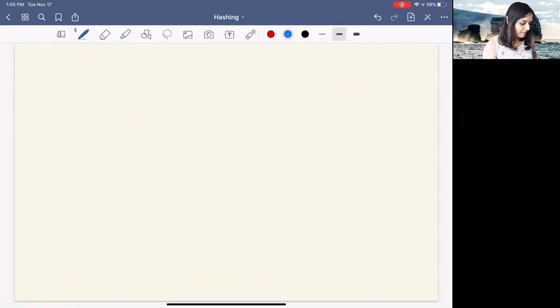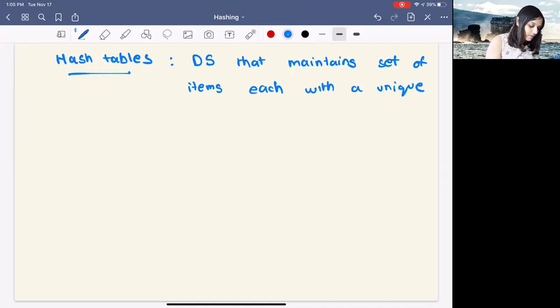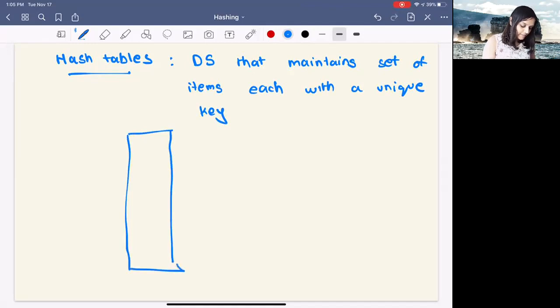Okay, so in C++, we implement hashing by using hash tables. What are hash tables? It's a data structure, right? It's a data structure that maintains a set of items, each with a unique key. So we can visualize this as a table